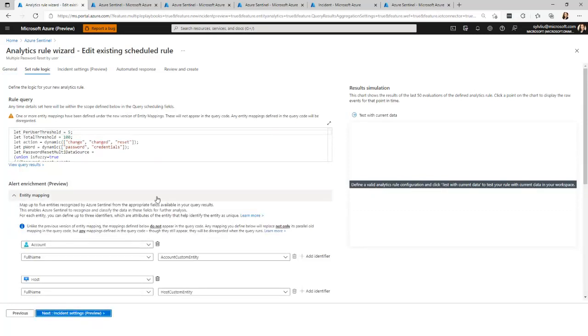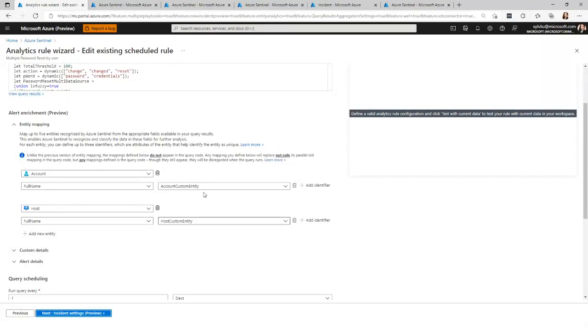And then if we go to the next step, here's the main query for the scheduled analytics rule. Under here, you can see a section called entity mapping. One thing I want to highlight is that entity mapping is important when it comes to Fusion detection, because Fusion correlates alerts based on entities, such as user account or IP address. The ML algorithm cannot perform alert matching without the entity information. So I want to highlight that it is very important that you review and configure this section.